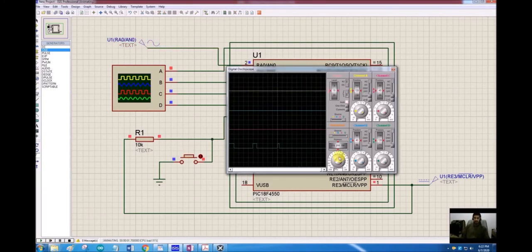So if you see here, its duty cycle is very small at the beginning because the sine wave's amplitude is very small, and then it is slowly increasing, and then it is decreasing again.